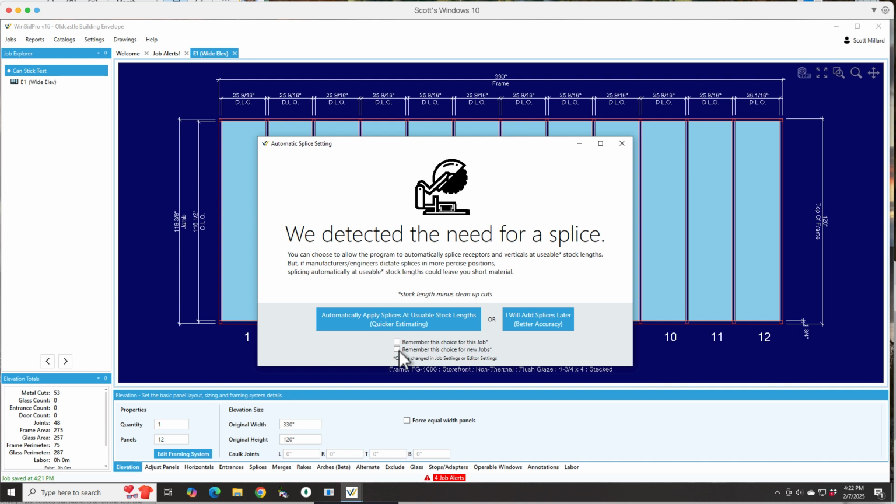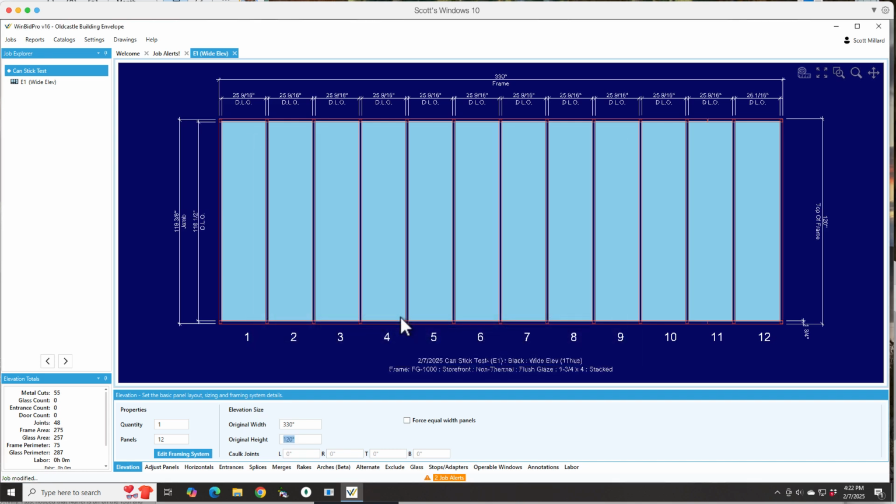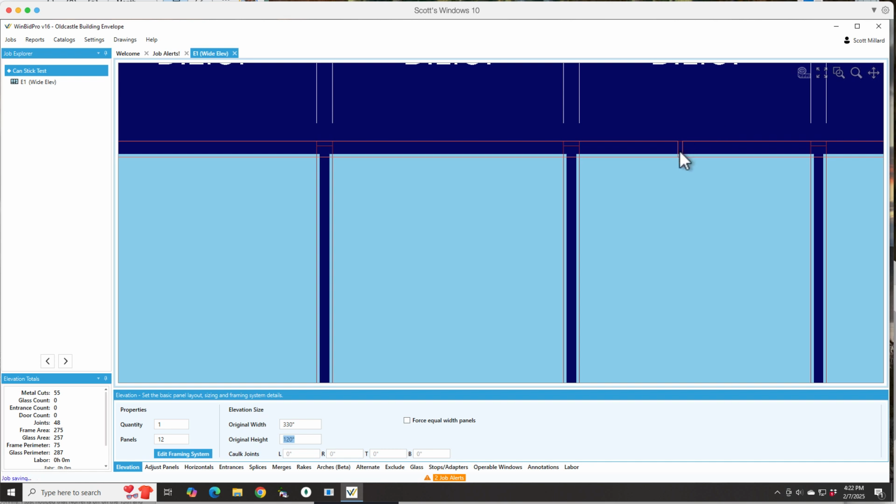So what's going to happen is this prompt will come up, this window will come up asking you if you want to automatically splice those pieces that need to be spliced because they're too short to fill that width. And also whether you want to do that later. So it can automatically splice, or you can add the splices yourself later. And then you can also tell it to remember this setting for this job and then for any new job from now on. So if I just want to click this one and say automatically splice,